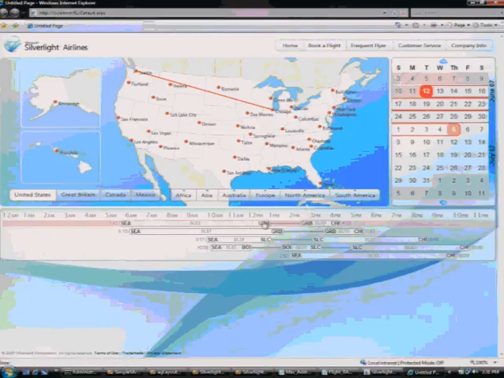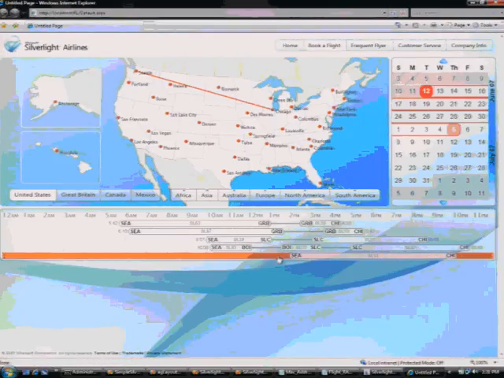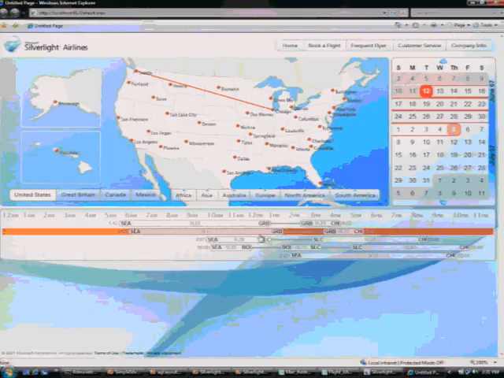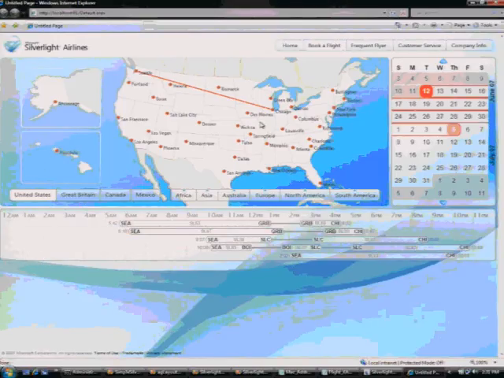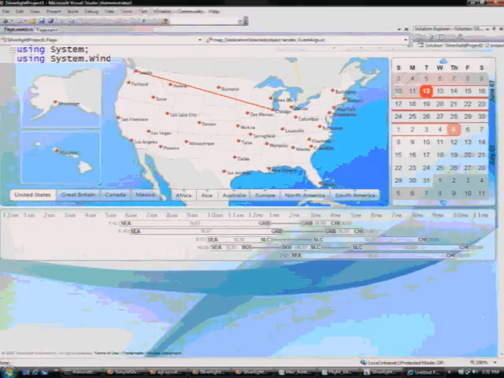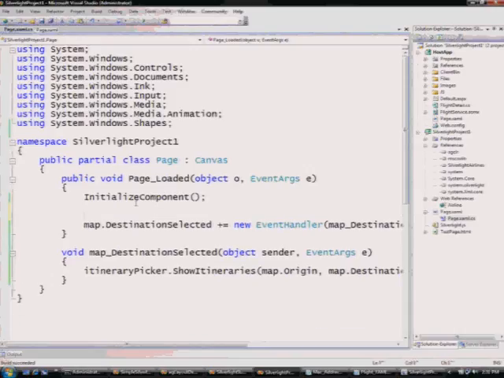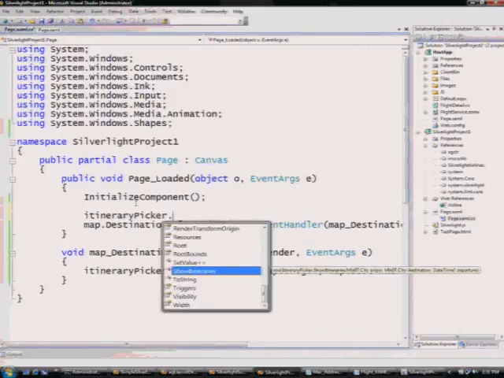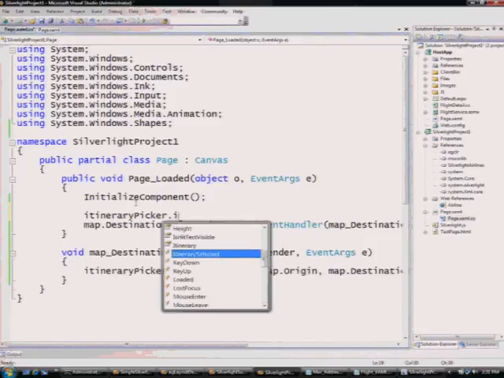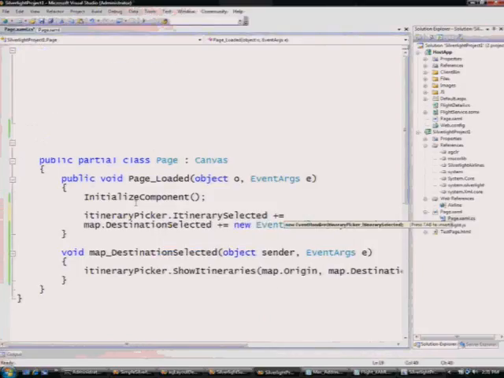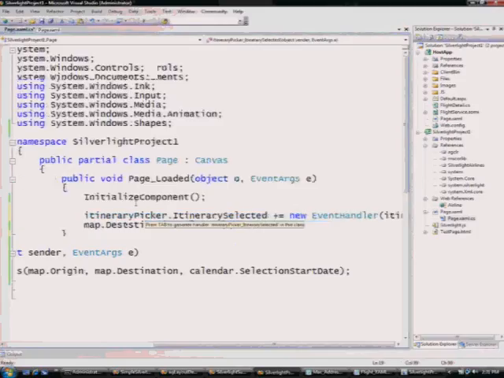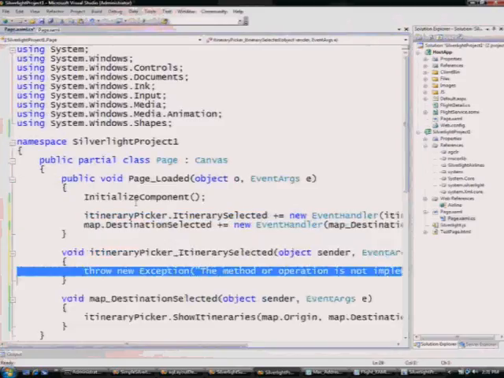Now, if I want to go one step further, obviously I can do that as well, and I'm going to wire up the itinerary picker control. I can basically say when you select an itinerary, in other words, when you hover over or click on one of the things at the bottom, wire up this other event handler. And within this, I just want to tell the map, show the itinerary picker's itinerary on the map and visualize it. And now if I run this,